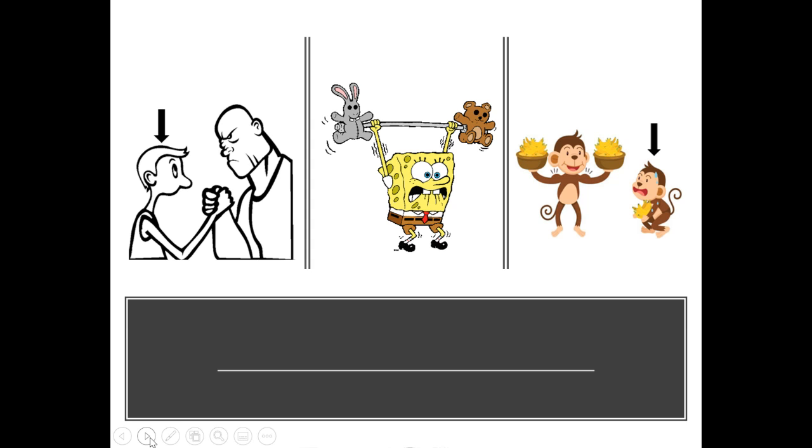In the second picture, SpongeBob is trying to lift something that looks very light, but it looks very hard for SpongeBob to lift. And in the third picture, I notice a very strong monkey holding 2 big things of bananas and a very weak monkey who can barely hold a little bit of bananas. So how are these pictures the same or similar? They all